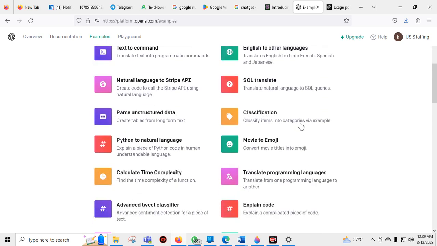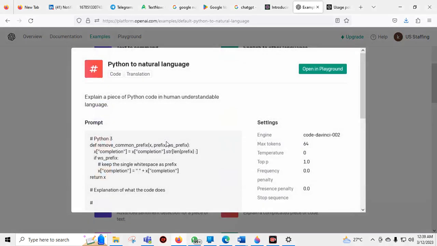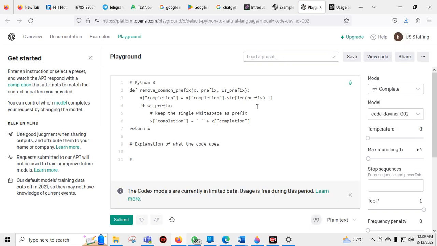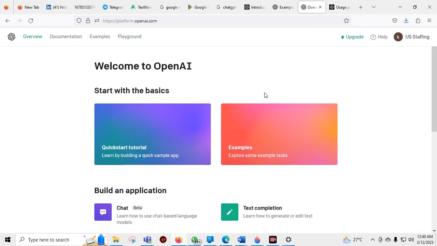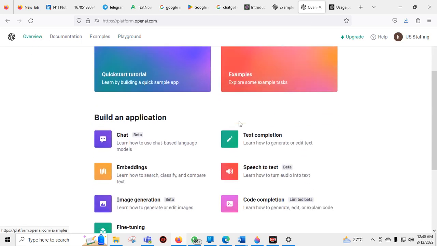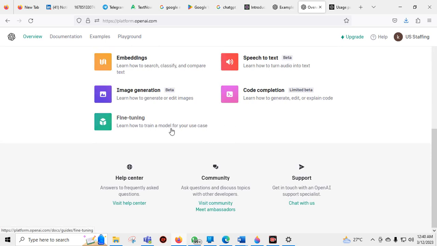See here, they have given some clarifications: movie to emojis, SQL translate, natural language to Stripe API, Python to natural language. I'm just opening to see what it's saying in the open playground. They have been giving some information, and based on this we are checking and moving into a new VS Code. So as per my knowledge, I have given you the basic information on ChatGPT. If you have any queries, you can